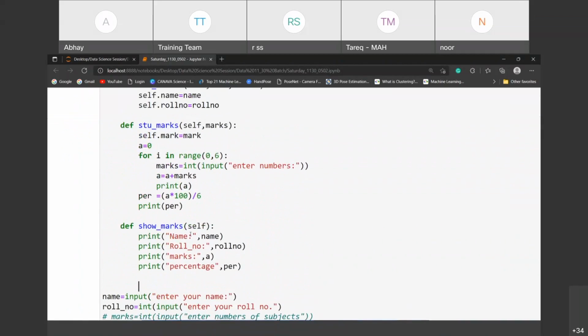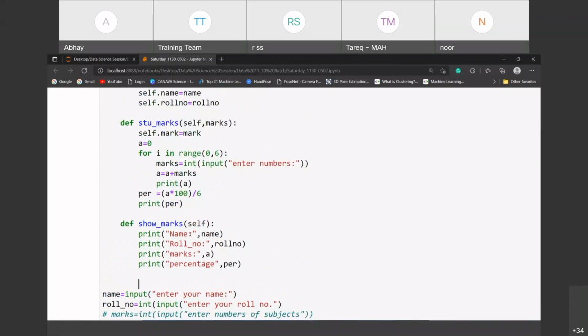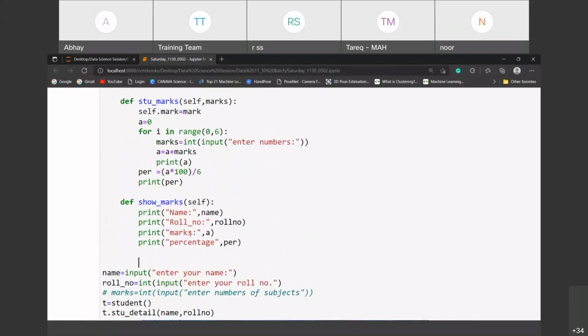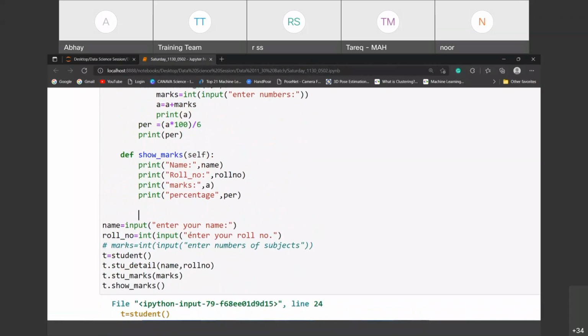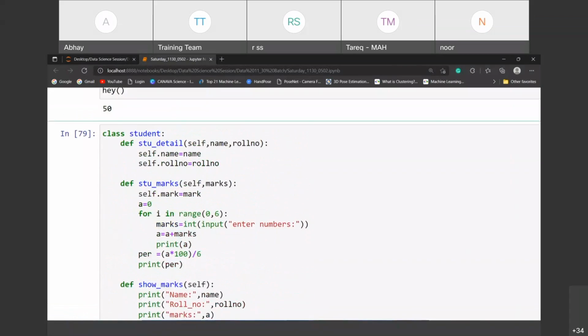Okay, student details you have passed correctly. Student marks, where it is marks, correctly. Student marks, this one. Okay, and still it shows invalid syntax.